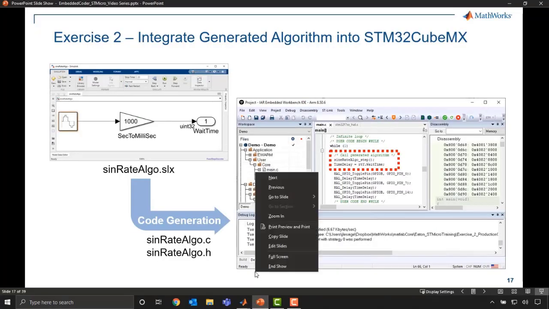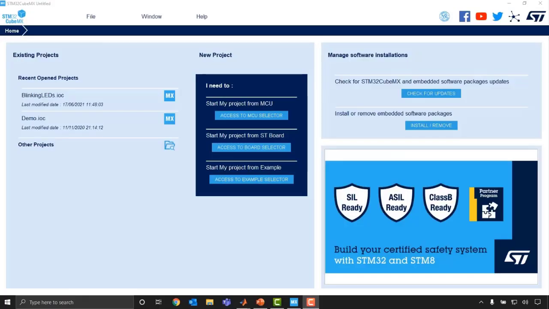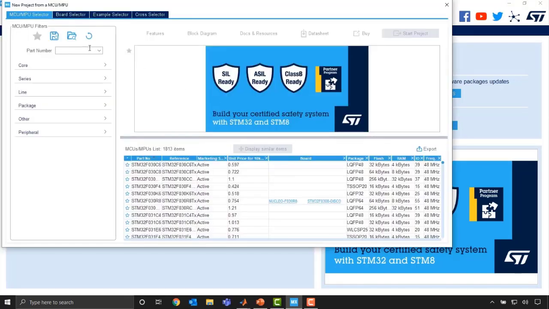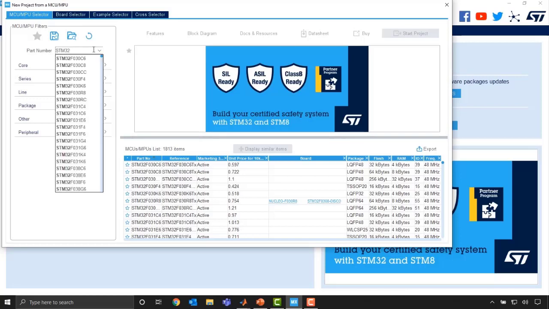Okay, now that we've actually generated the algorithm code, we can do the rest of the work in a third-party IDE. We're going to start this process using STM32CubeMX. This is going to help us build the structure of the code to work with the Nucleo processor. Where we're going to start is we're going to pick the board that we're working with, the chip we're working with. And in particular, the one we're looking for is the STM32F767, and in particular the ZI.